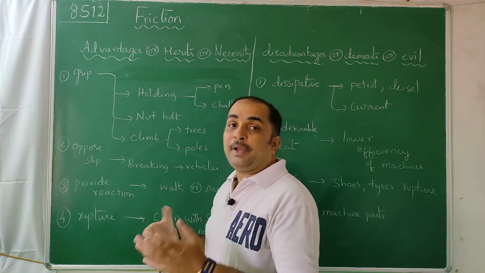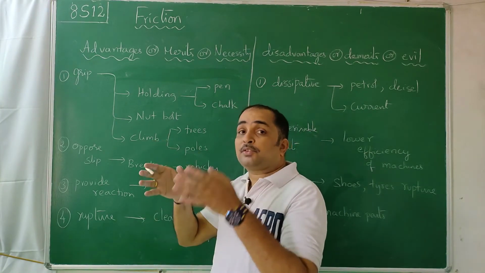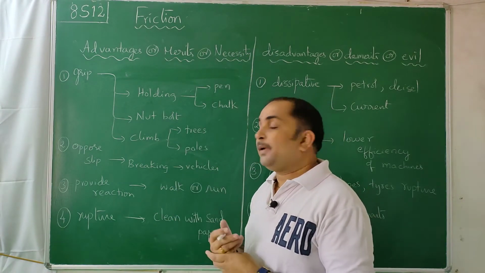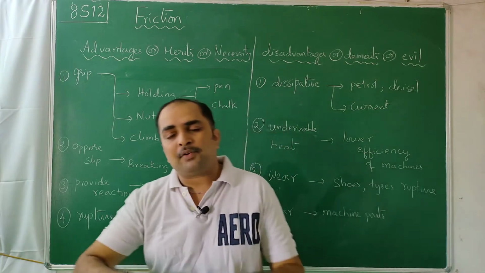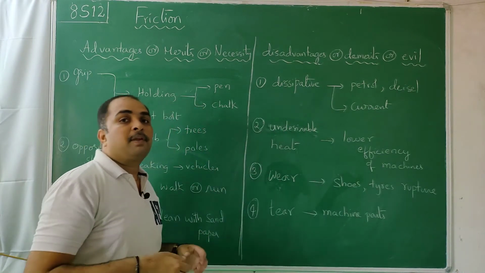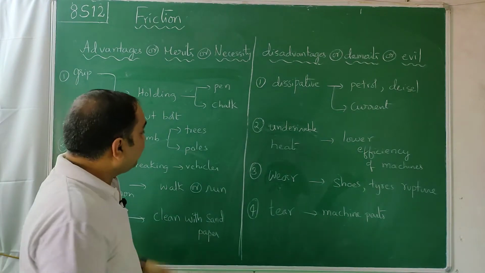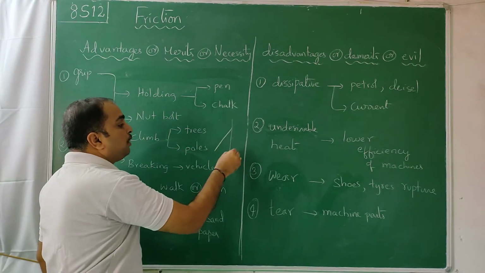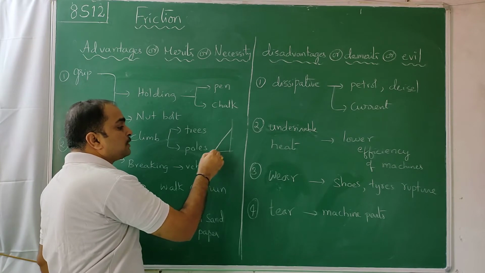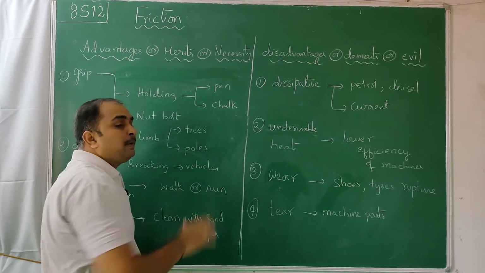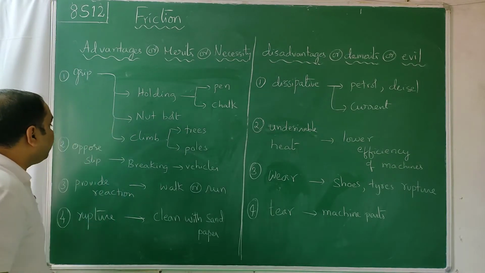We are able to climb trees because of friction. If this tree were smooth, we would fall down. And if you want to climb an electric pole, friction also helps, because with the latest poles we keep some hooks, we put a ladder, and we go up. But even to keep a ladder on the wall, if there is no friction at the bottom, it will slide at the bottom, and if there is no friction at the top, it will slide at the top. So friction is actually helping in climbing trees, ladders and poles.